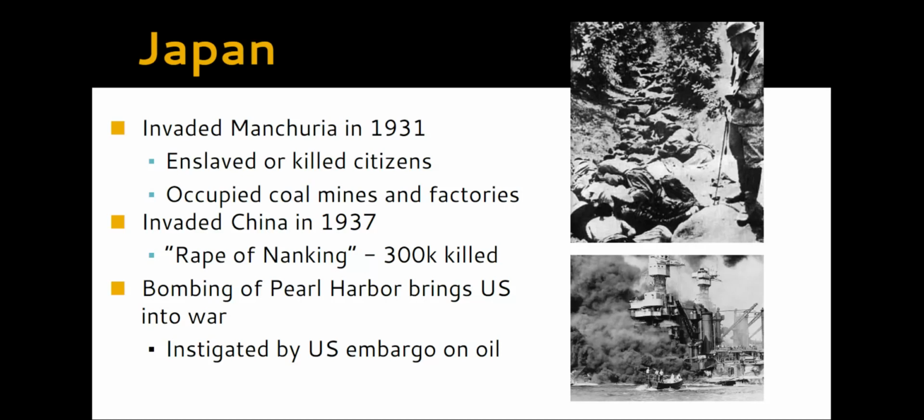The United States sees this aggressive behavior by Japan, and they do something that's called an embargo. So they're basically blocking Japan from trading for oil with other countries, especially oil-rich countries like the United States. And so the Japanese are going to retaliate by bombing Pearl Harbor. This is in Hawaii. And they are now officially bringing the United States into the war, which is a really huge deal. They're a big superpower at this point, and they're coming into their own.